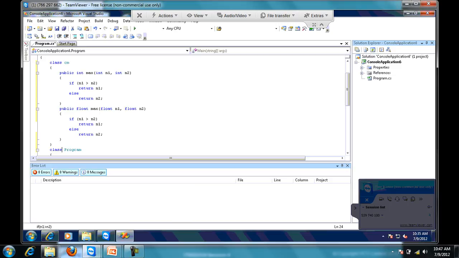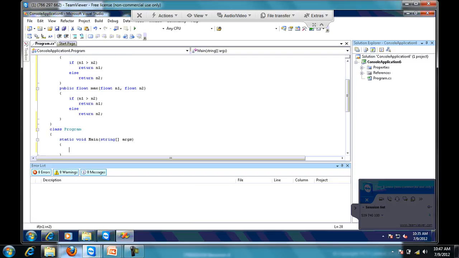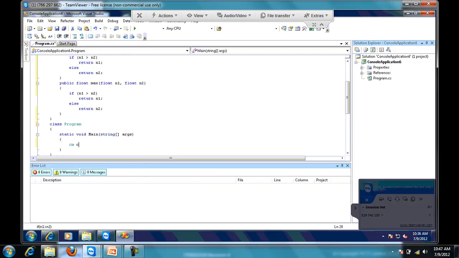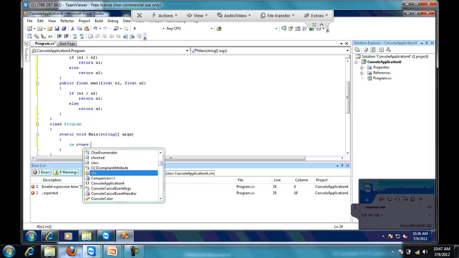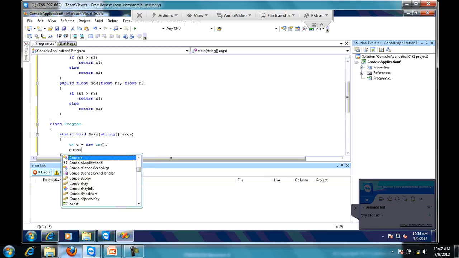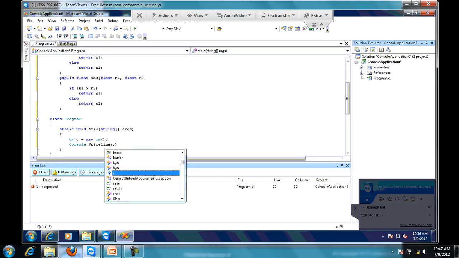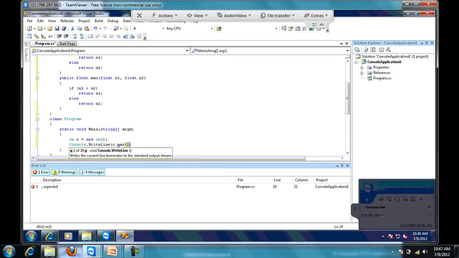and in the main class, that is Program, in the main function declare an object of the CM class and call both the functions. Console.WriteLine(c.max, firstly for integer type, 5 and 3),